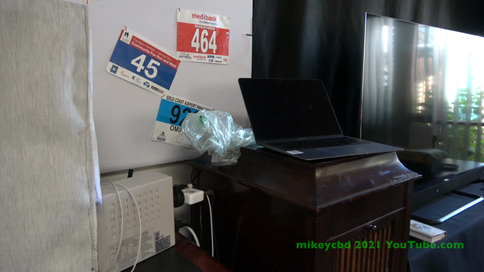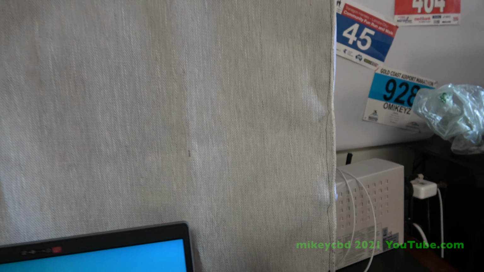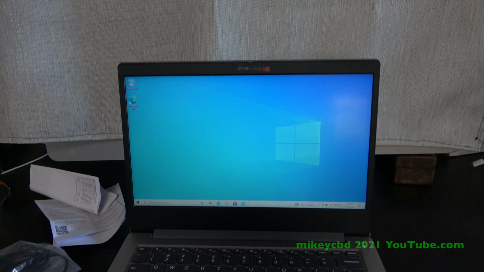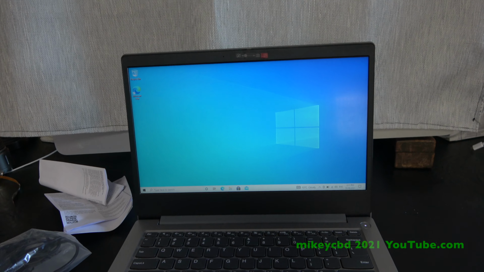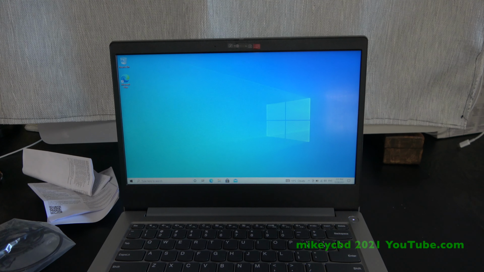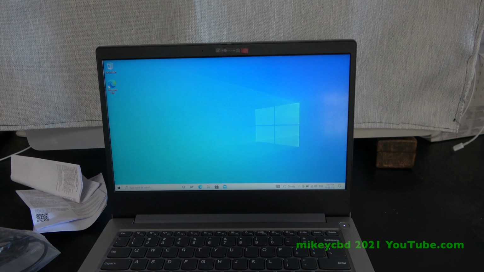So that's a MacBook, and this behind, keeping it clean, is an iMac, 4 terabyte. Anyway, so I'll set this up, make it Windows 10 and download the software for my 3D printer, which should be here in a few days.